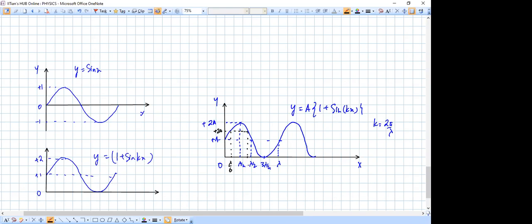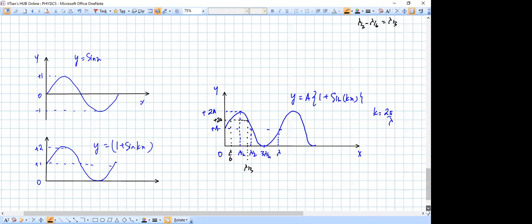So this becomes how much? This becomes lambda by 2 minus lambda by 6, becomes lambda by 3. Okay. So therefore, transformation wise,